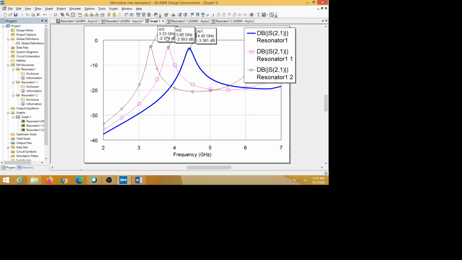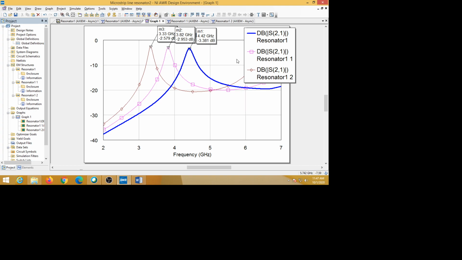Epsilon r only we changed, and by varying that, we observed what happened to the resonant frequency. We can also measure the bandwidth, quality factor, and insertion loss for each plot, and the resonant frequency.